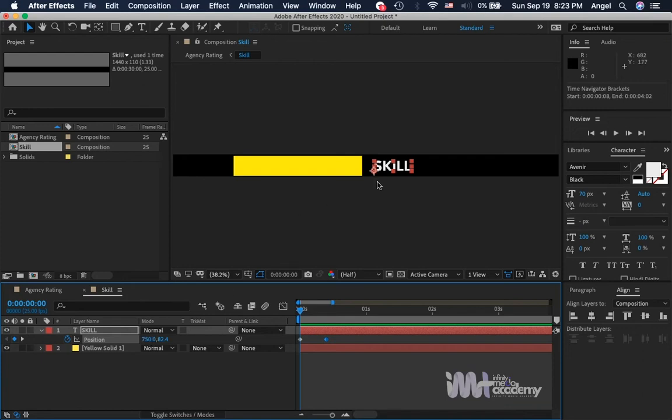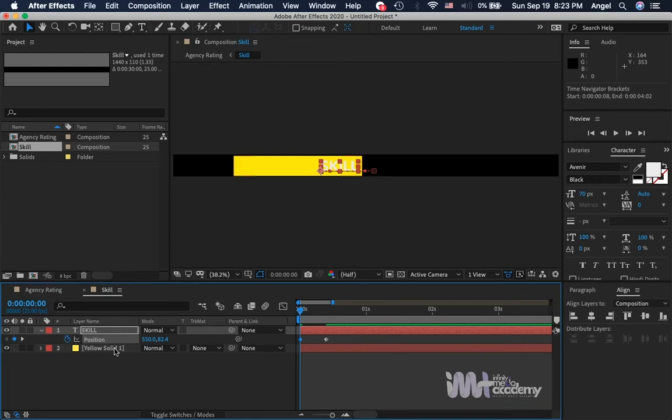Now what we want to achieve is immediately the screen starts playing, we want the text layer to be invisible at first, and then on the last keyframe we want it to become visible. So I'm going to hide the text now by moving it backwards like this. All right, now as you have seen that what I have just done did not hide the skill text layer. Now we need to do something to hide this text layer. So what I'm going to do is to